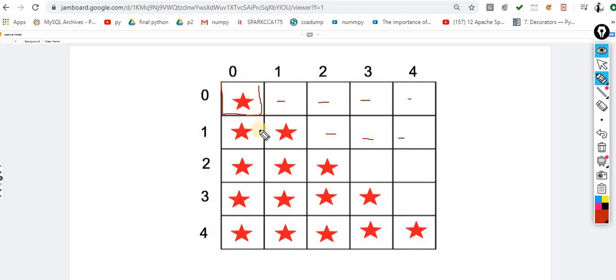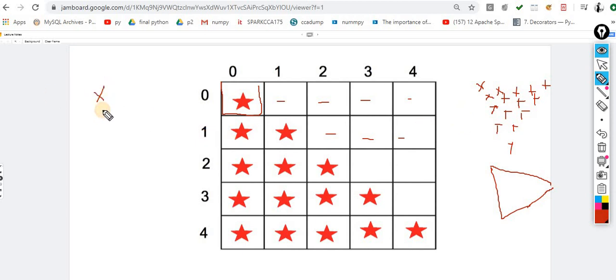When you get this output, it would be something like this. You will get this output, a right angle triangle of stars. Okay, perfect, that's great.